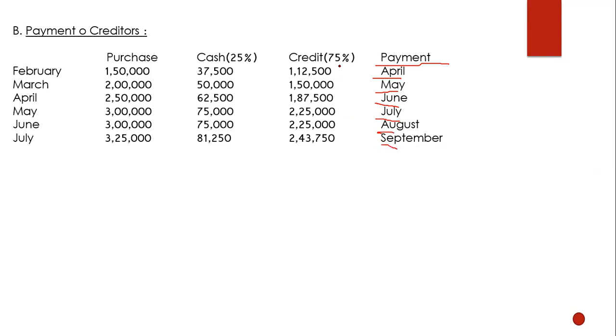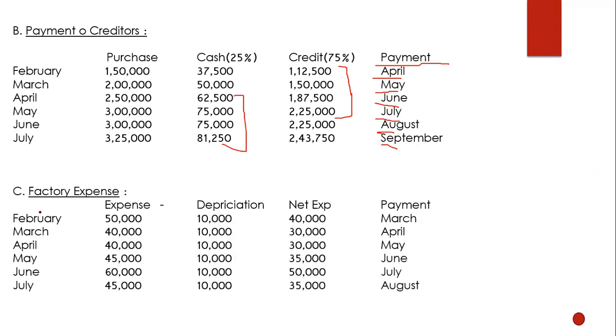So here we are making the statement for April, May, June, and July. So we will consider these 4 purchases. Clear? Because this is for credit purchase. Cash purchase will be the same according to the months, like April, May, June, July. So this amount and this amount will come in the months. Clear?